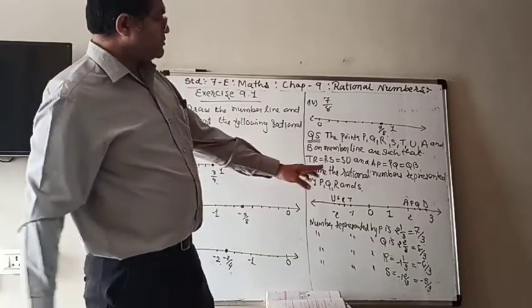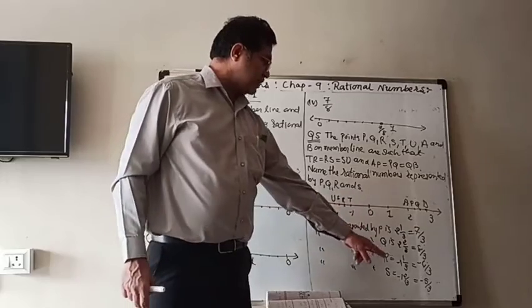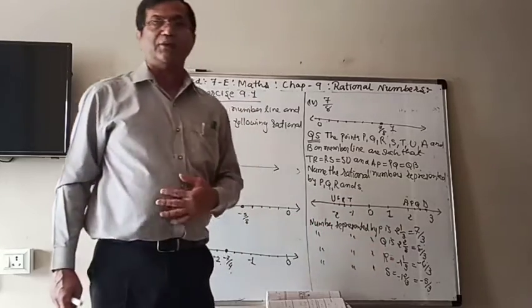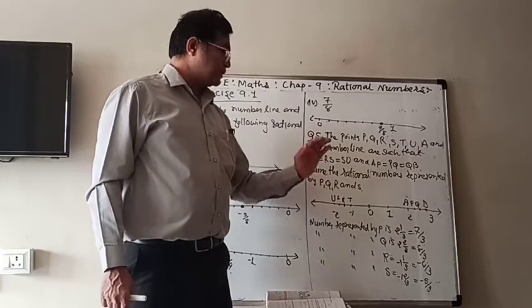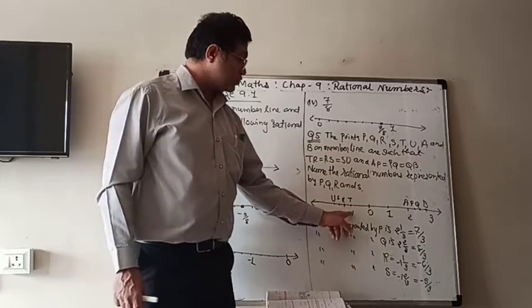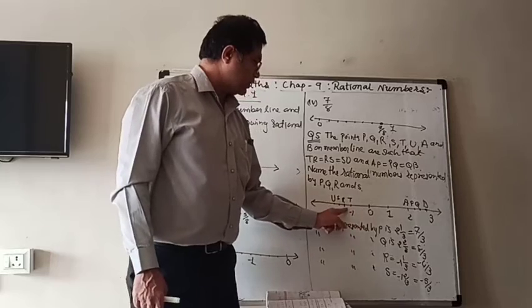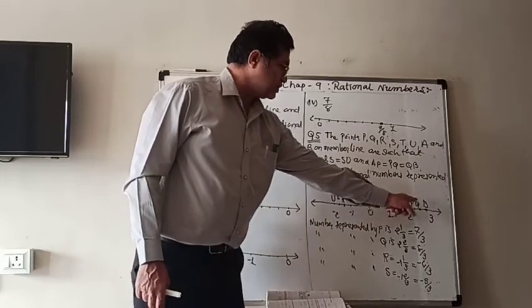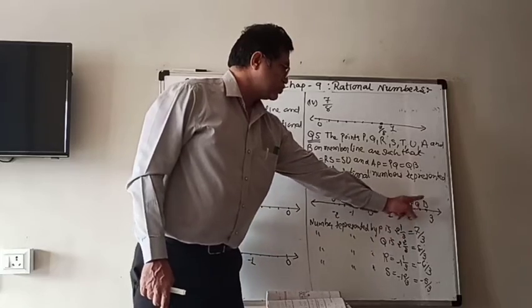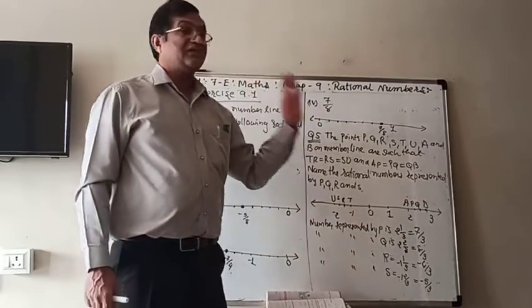So if it was between 0 and minus 1, you could write down minus 1 upon 3 and minus 2 upon 3. But they are between minus 1 and minus 2. So they are bigger than minus 1. So we took minus 1 integer 1 upon 3 and minus 1 integer 2 upon 3. Similarly here also 2 integer 1 upon 3 and 2 integer 2 upon 3, like this.